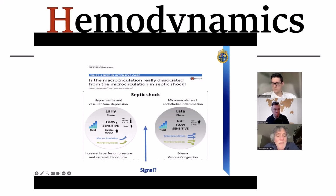This is what we call the flow-sensitive stage. But then there is uncoupling, the classic model of uncoupling or loss of hemodynamic coherence, which is the same thing. When patients arrive later on in the disease, or with a more aggressive disease, progressive microvascular and endothelial inflammation develops that affects profoundly all the endothelium, and particularly in the microcirculation. And then the microcirculation